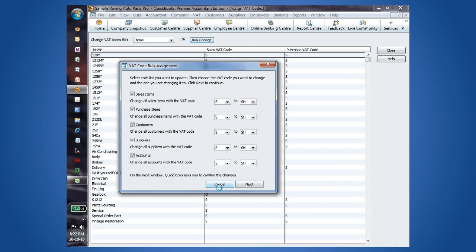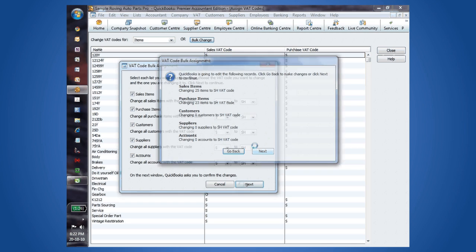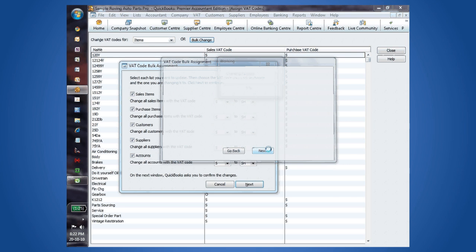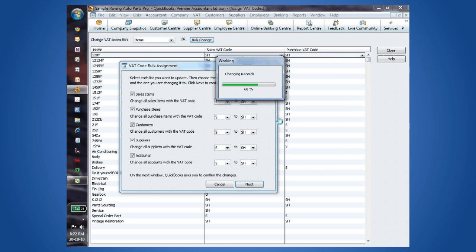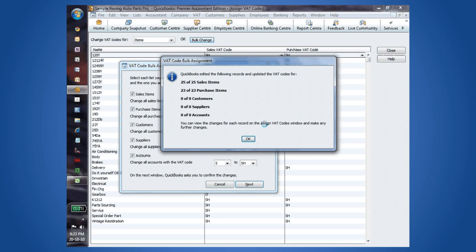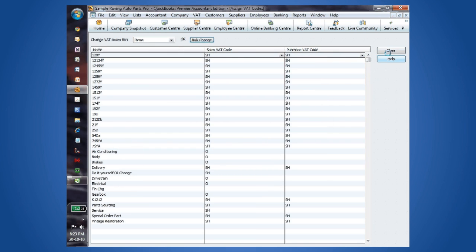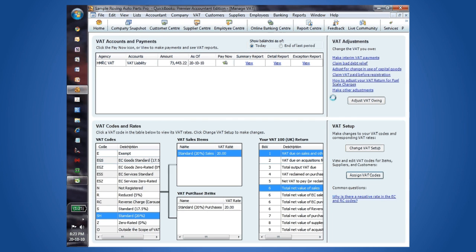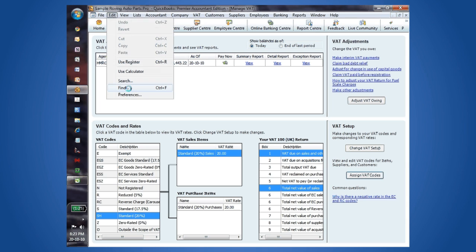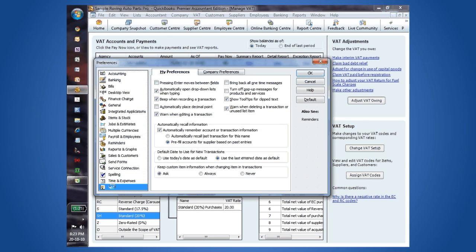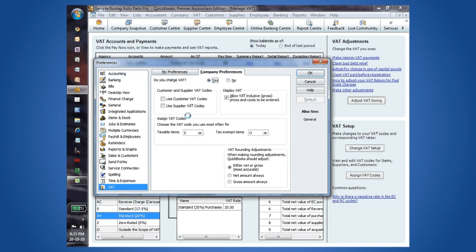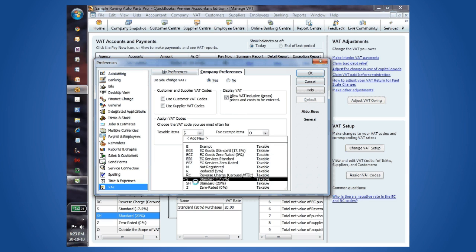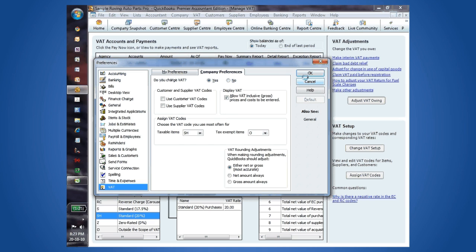Just double check that I've got everything set up correctly there, and then I'm going to click Next. And QuickBooks is going to provide me a summary of how many changes it's going to make. Click Next. It's going to whip through and change those records, and here's the summary, and that is the recommended process for setting up a new VAT code and changing all existing settings in the product to use that VAT code. The final thing you can do is change the VAT standard preference here to use SH now as your default tax item. Press OK,